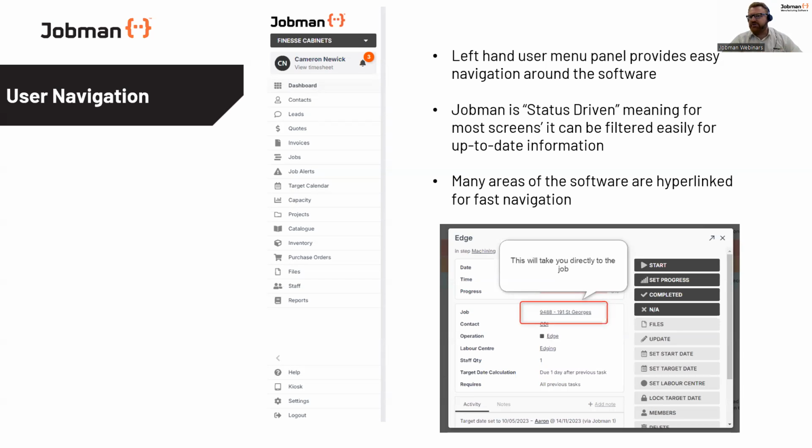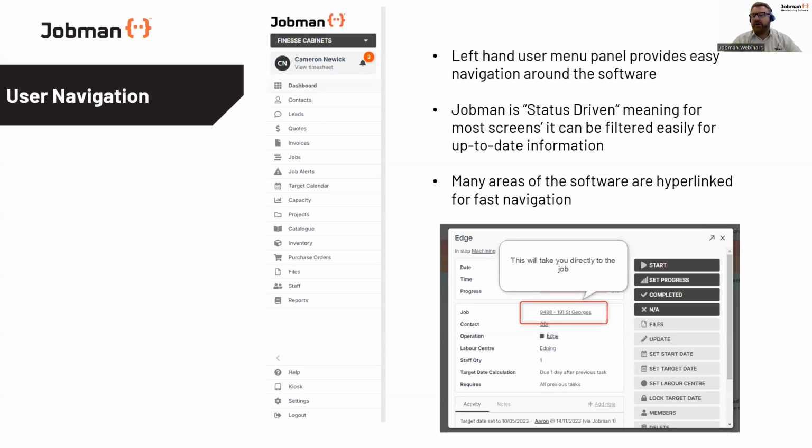We have your target calendar and capacity, which are two extremely powerful rescheduling tools, and the ability, of course, to see where you're up to at all times with your business, and make sure that you've got enough capacity there to build in and take on the work you're looking at. It's worth noting that it is also one of the most powerful features of Jobman in that our capacity is built into it. And what I mean by that is, as you add more jobs and leads and projects into Jobman, Jobman will automatically try its best to even keel those workflows